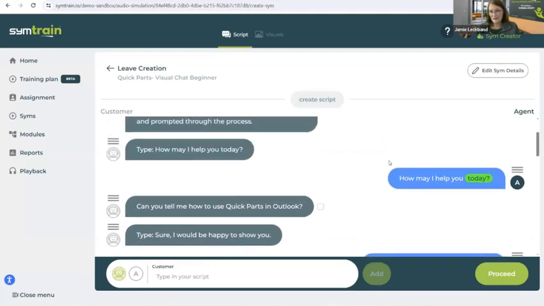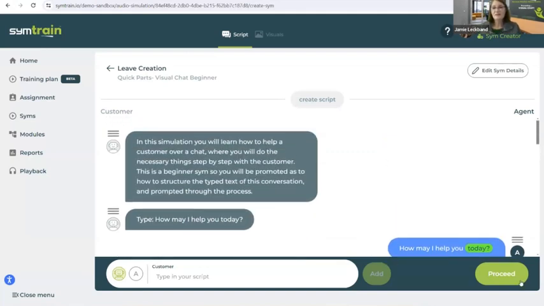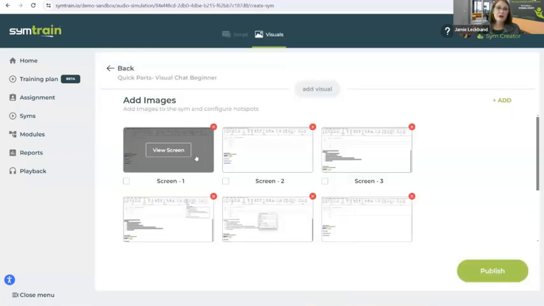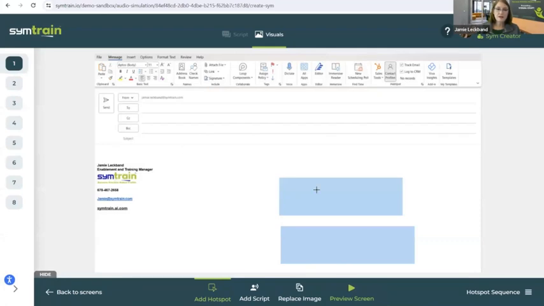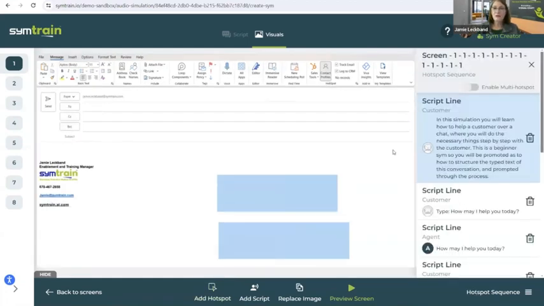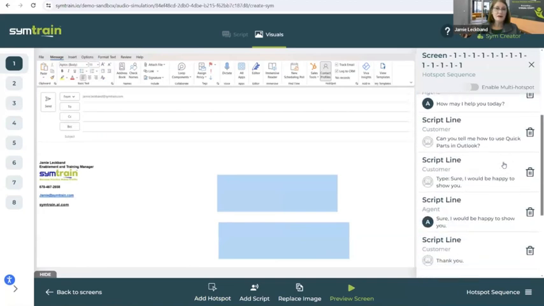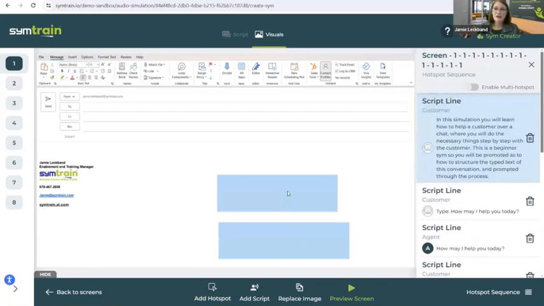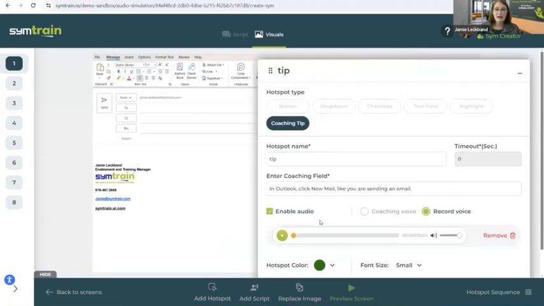But the really cool thing about this is with the visual chat. So this is the scripting part. So when I go into here, the really cool thing about this is for each of these screens, I've added the coaching tips. And so you can go into here and I've sequenced them all out and added coaching tips here. But in the tips, I actually voiced them and it will speak to them as to what they need